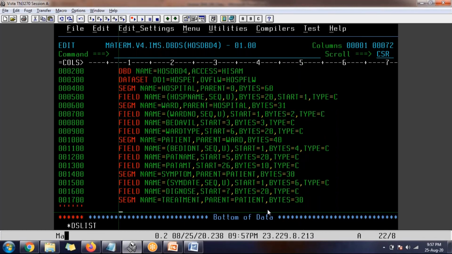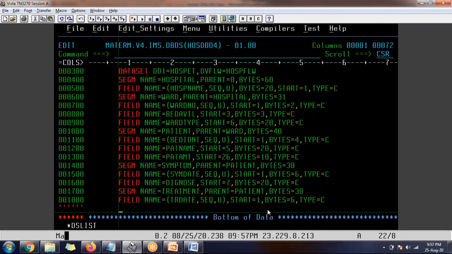Next, I have to define two fields, up to you team. Field name equal treatment date sequence, U, start equal 1, bytes equal 6, type equal 6. Now similarly, we will declare treatment type.